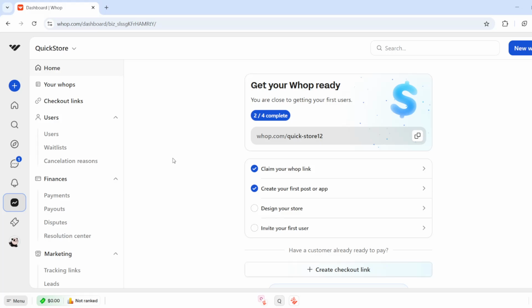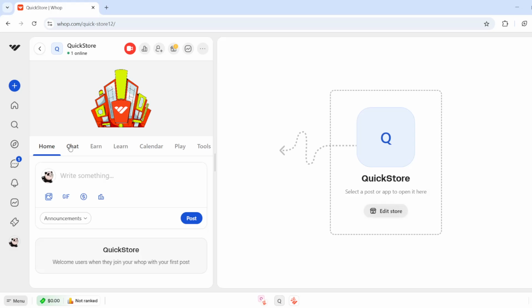So first of all, open up Whop on your web browser, log in with your preferred profile, and now you can either continue working on the Whop that you're already done, or you can click on New Whop and that way create a new Whop completely. The process is simply and exactly the same. So first of all, continue designing your store by clicking on this button right here. And to design it, on the right hand side, you can click on Edit Store,